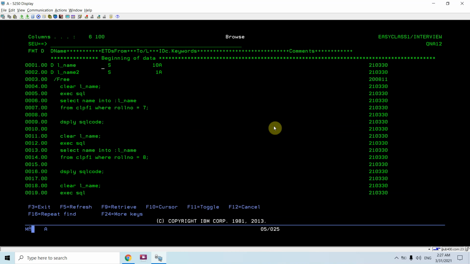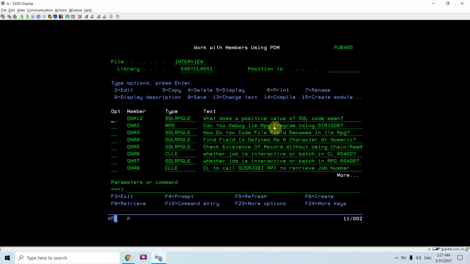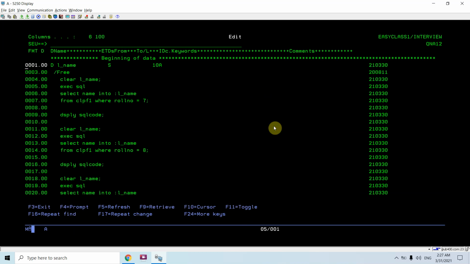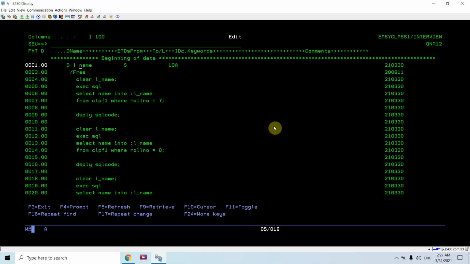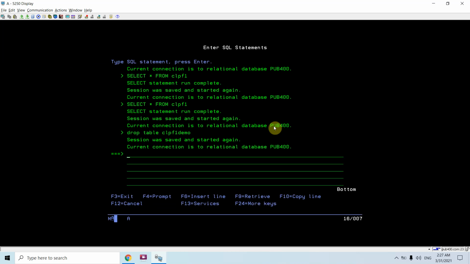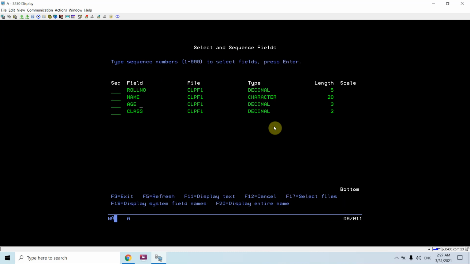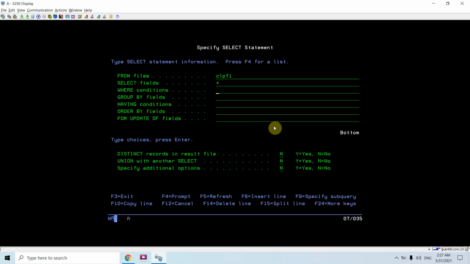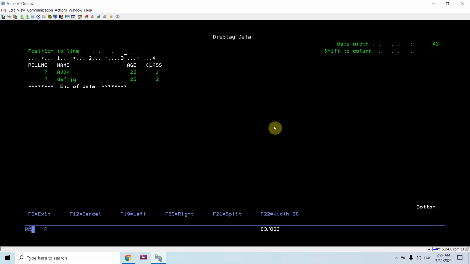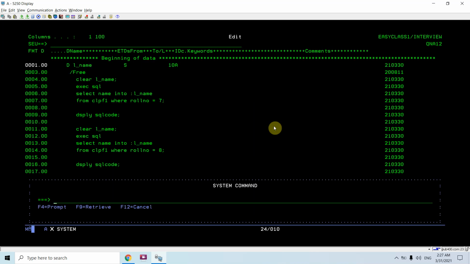I just took one variable, L underscore name, which is of 10 characters. I have one physical file, CLPF1, which has a name of 20 characters length and a roll number of 7.